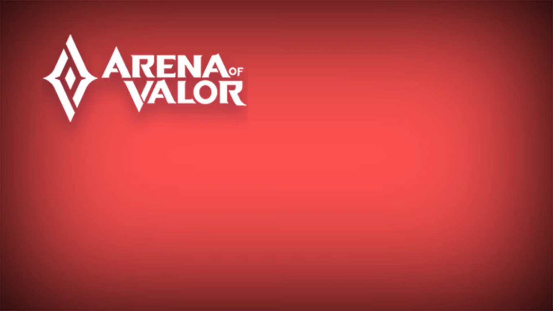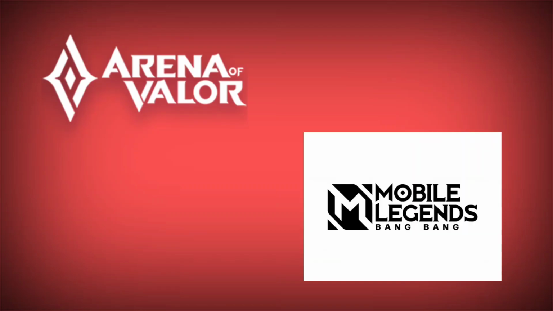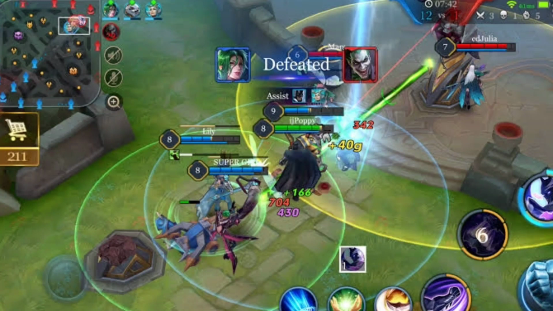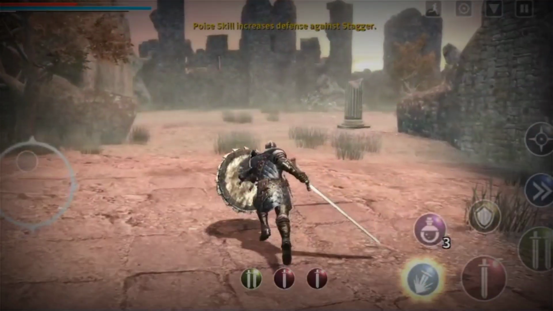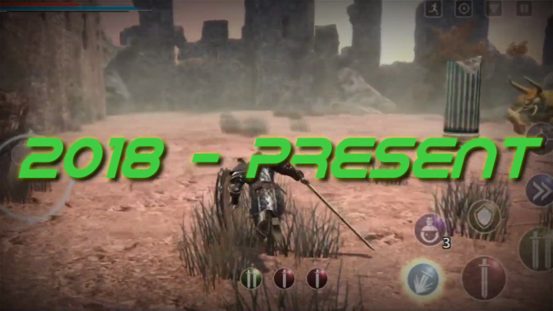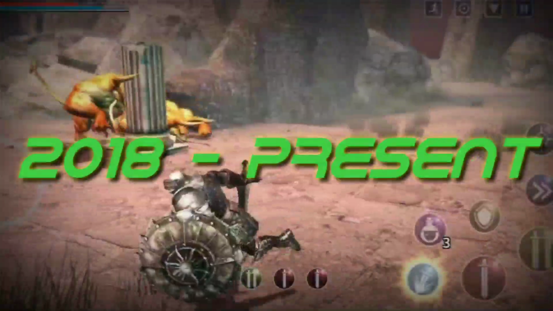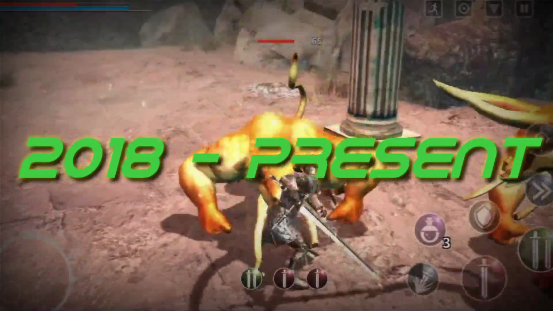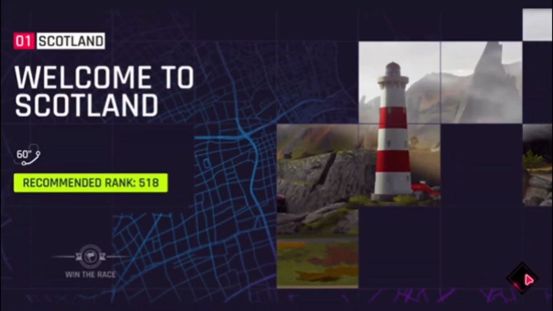Mobile MOBA games were also the biggest highlight with the arrival of games like Arena of Valor and Mobile Legends: Bang Bang, which feature full-fledged 5v5 MOBA gameplay with slick animations and skill effects. As 2018 to present rolls around, more and more games with advanced graphics came out that even rival some PC games. You have Asphalt 9: Legends, which is a vast and totally new upgrade to Asphalt 8 Airborne.